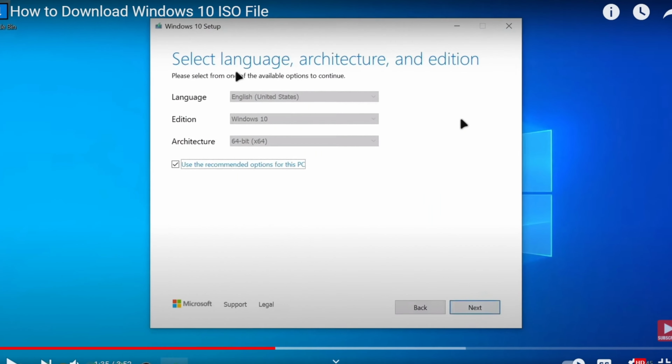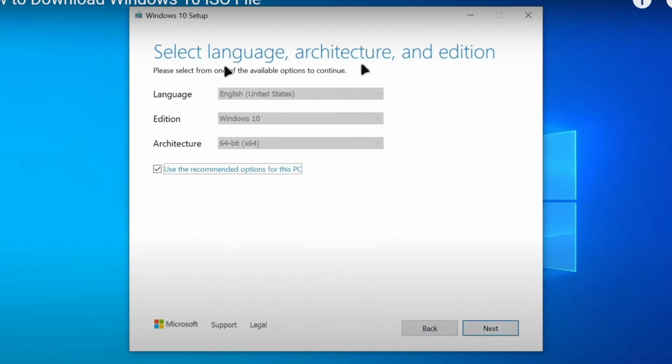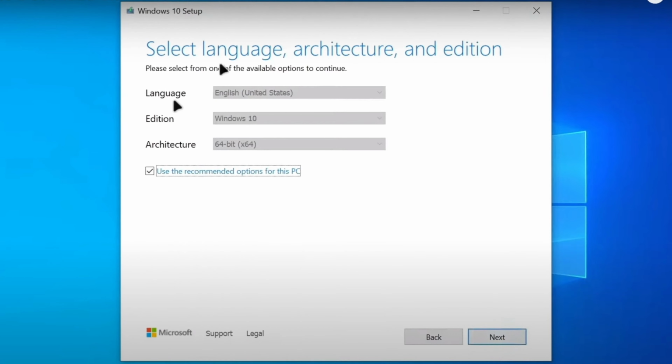One thing you'll just have to take note of when following that guide is when you get to this screen, make sure that you have the correct language selected that's currently installed on your system or installed on the system that you want to perform the in-place upgrade on. If you're using the PC to download the ISO file that you want to perform the upgrade on, the best thing would be just to leave this option ticked so it can use the recommended options for the PC